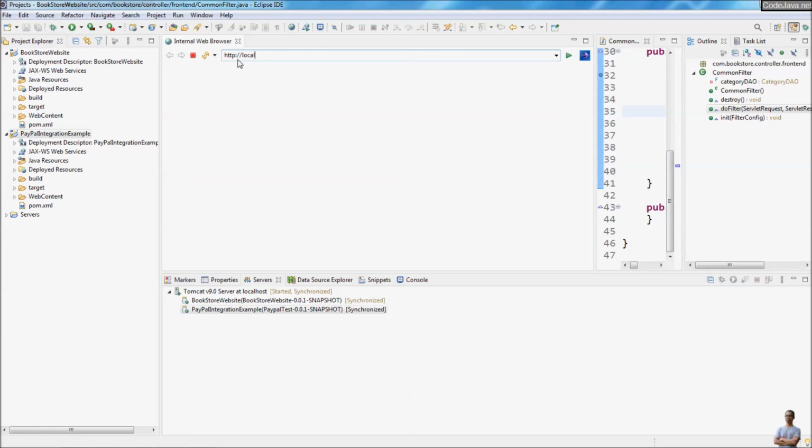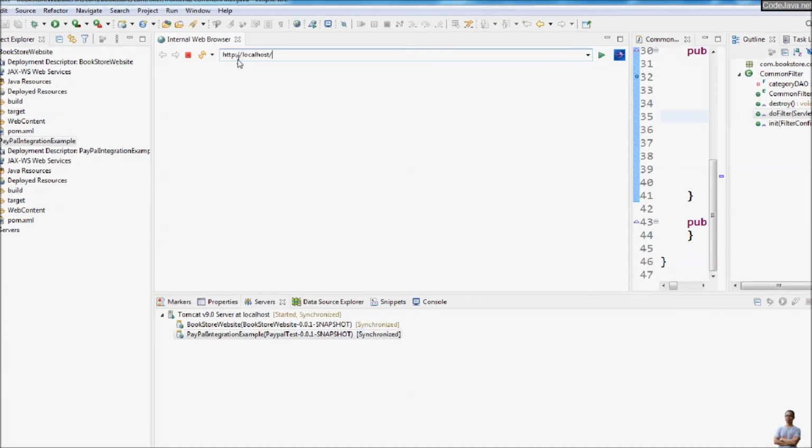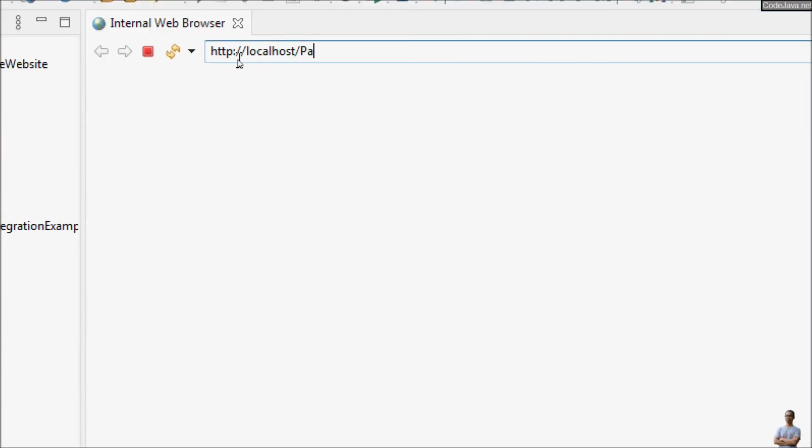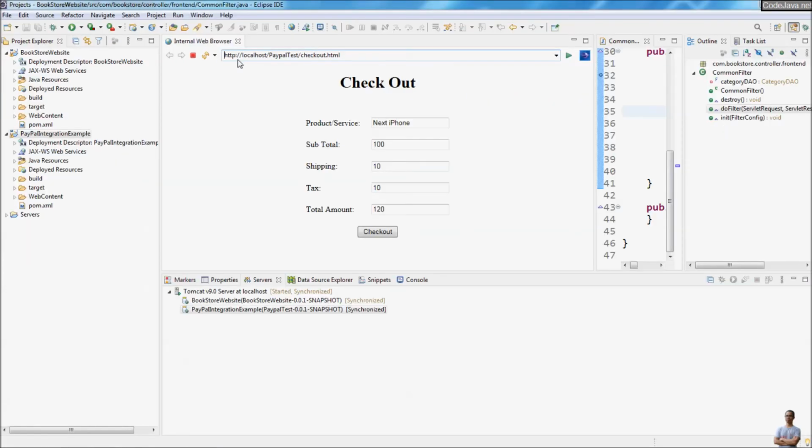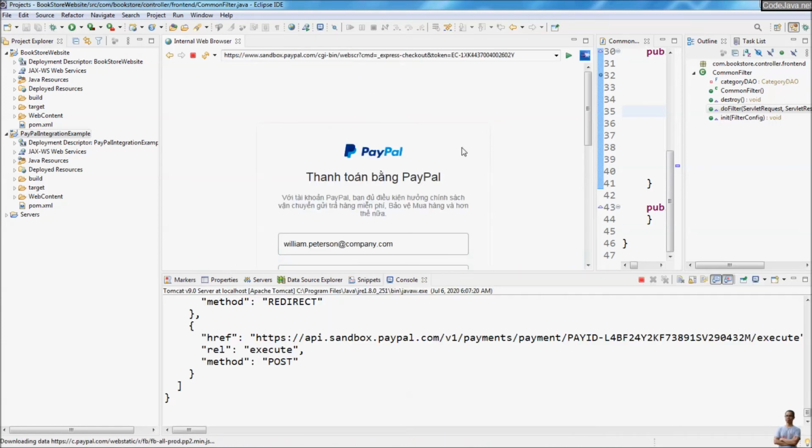http://localhost/paypaltest/checkout.html. And you can see the user interface of the second web application. Click Checkout to proceed to the PayPal payment page. As you can see,